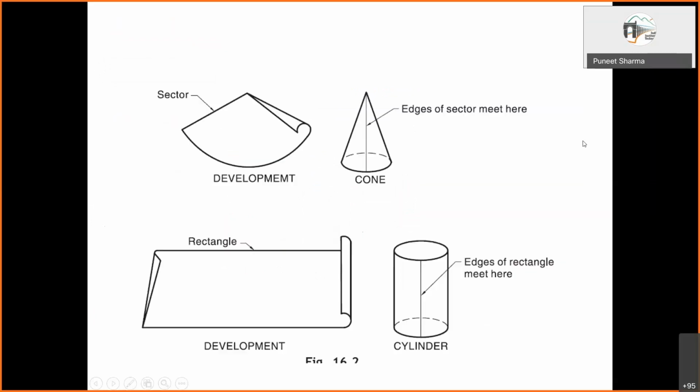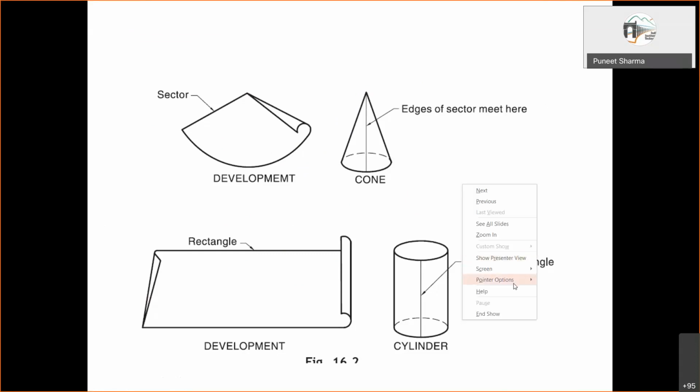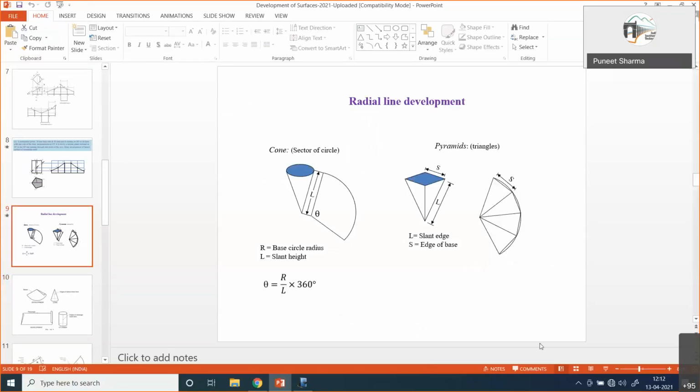Yeah, so see here, this actually shows the difference between the two things, right? For the cylinder, if we cut across one of the generators and then open it up, it develops like a rectangle. But if we cut the cone along this slant edge and develop it, it will open up like this. It will develop into a sector. So this is referred to as the parallel line development, and this as the radial line development. Yeah, so we can get back to the previous one. This one.